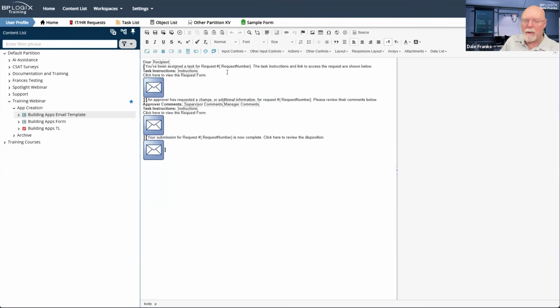They just get their email, they hit reply, they put in their approval or disapproval text, and they hit send, and then they're done. They never have to log into Process Director. They can be on the other side of the world with no access to it. Doesn't matter. As long as they have email, they can respond. So to do that, I'm going to have to give them the appropriate information.